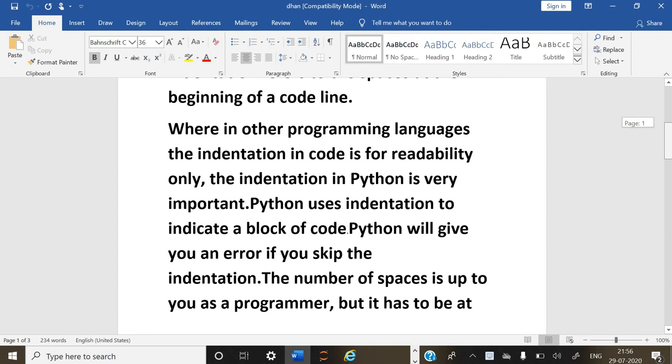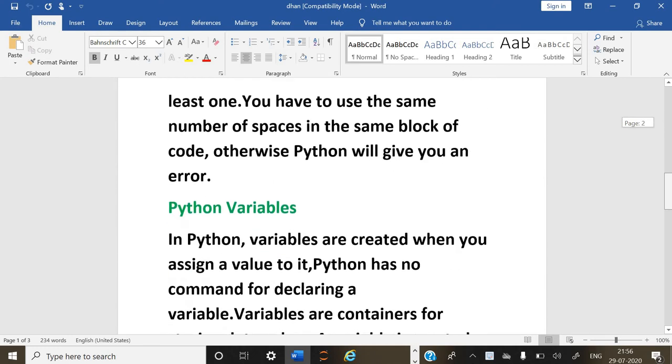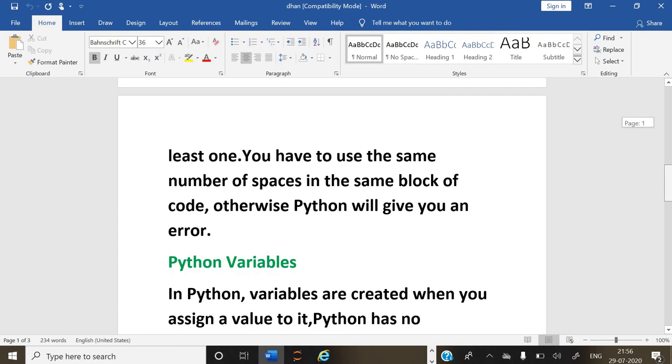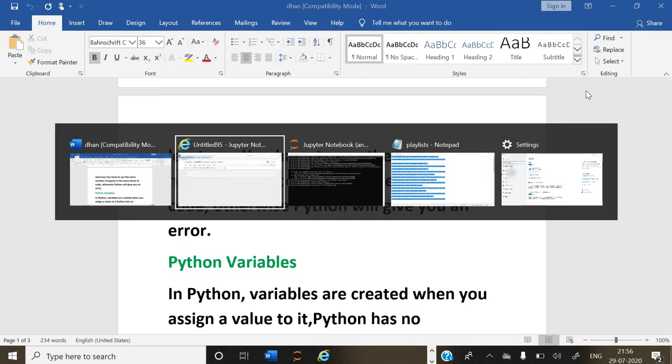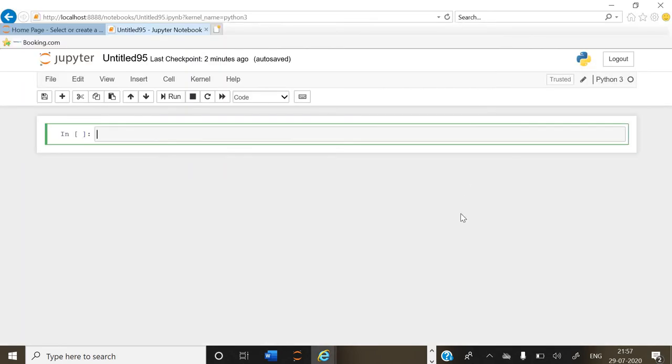Python will give you an error if you skip the indentation. The number of spaces is up to you as a programmer, but it has to be at least one. You have to use the same number of spaces in the same block of code, otherwise Python will give you an error. I will show you that here. So, for example, if